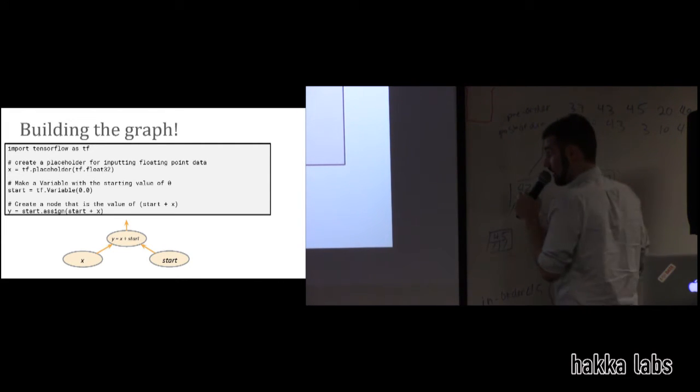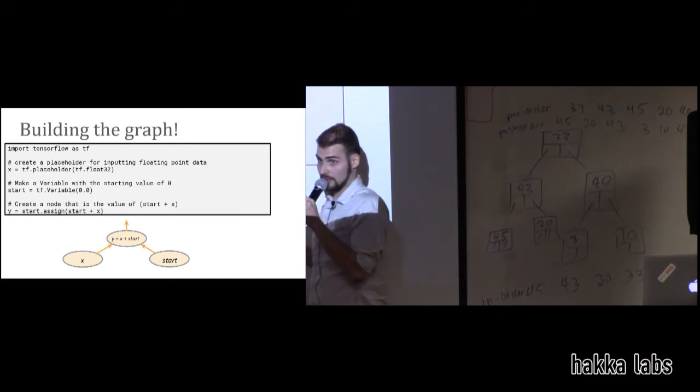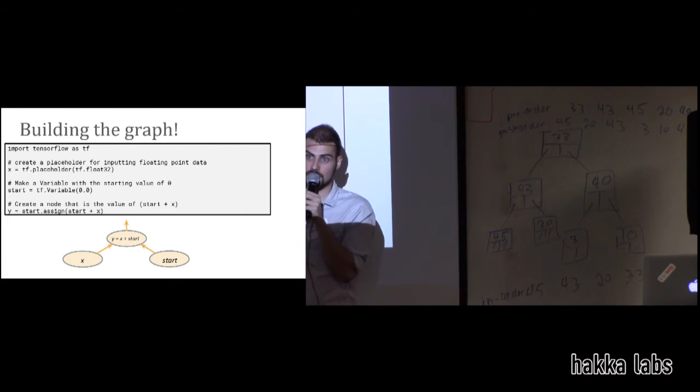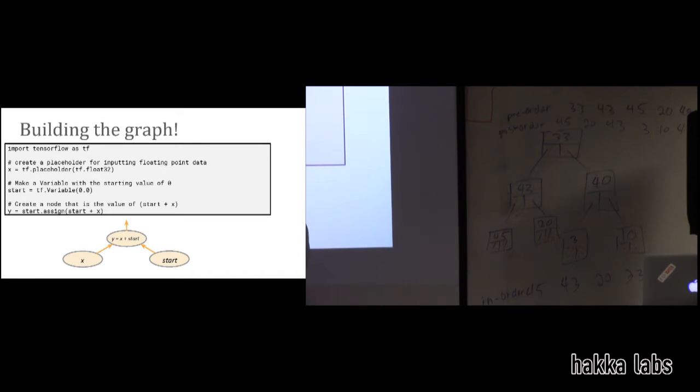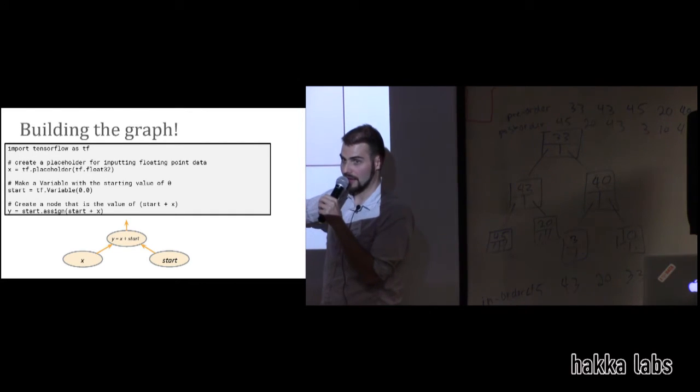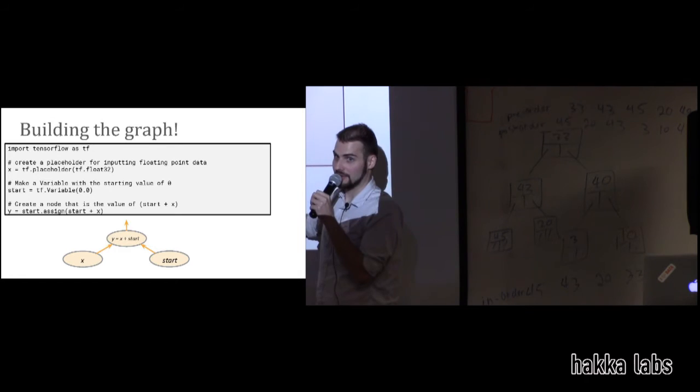But once we call this assign method, once we call this assign operation, all of a sudden we say, okay, we're going to place this assign operation. We're going to call it y. But we're just going to have this assign operation placed on the node. So what inputs do we need? What values do we need in order to make this run? And we see, oh, we have a handle for the start, this value start. And then we say, okay, so that means we need to place this operation here because we're taking it in